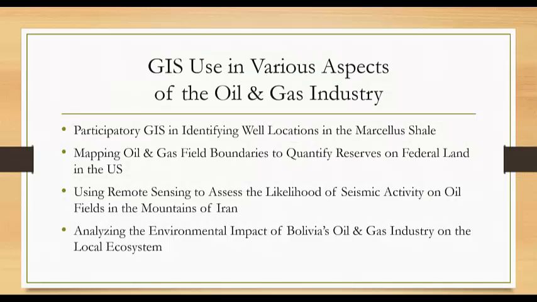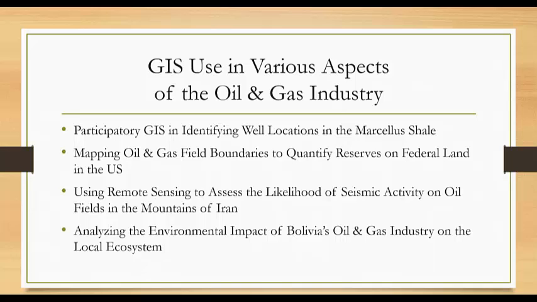So the articles I reviewed cover GIS use in various aspects of the oil and gas industry. The first article is a participatory GIS used to identify well locations in the Marcellus Shale. The second is about mapping oil and gas field boundaries and quantifying reserves on federal land in the United States. The third covers the use of remote sensing and assessing the likelihood of seismic activity on oil fields in the mountains of Iran. And the fourth is an analysis of the environmental impact of Bolivia's oil and gas industry on